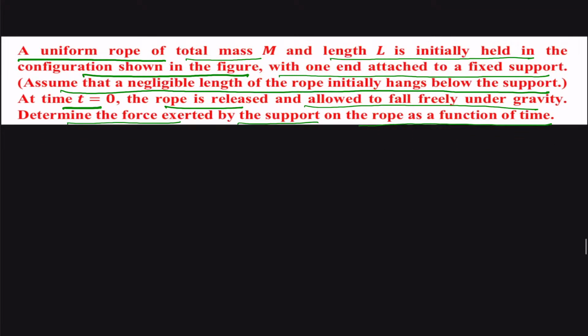So in this case, suppose this is a support and we have a rope, and this rope is tied to this support, something like this, and it is given that this length which is below the surface is negligible, only a small amount is there, so we can just neglect it with respect to the entire length. Therefore we can say that the entire length is just above the table at this particular instant. So this is the basic question, and we are going to find out the force exerted by the support on the table as a function of